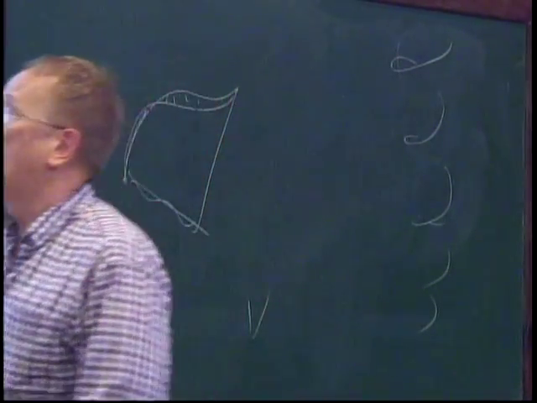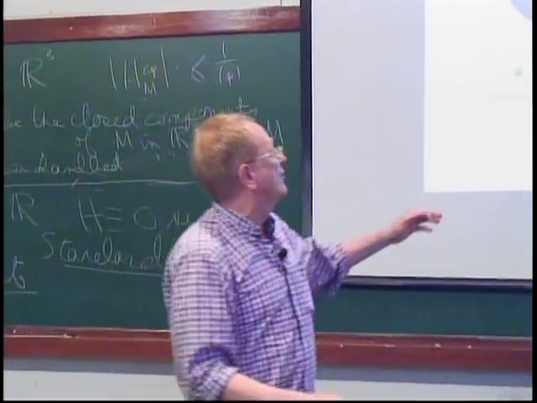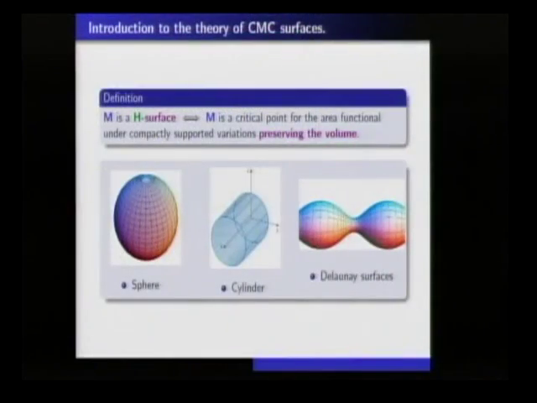So in particular, if the surface you have minimizes in the space, and it bounds a region, like the sphere bounds a region in space that's finite, then if you found a surface with least surface area for a given volume, it would not only be a critical point of volume preserving deformations, it would be a minimum to volume preserving deformations. You can only increase the area if you do a deformation. You can't decrease it.